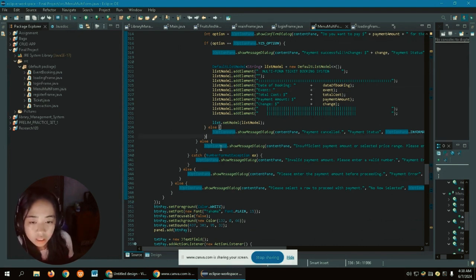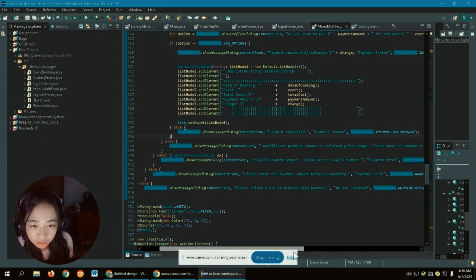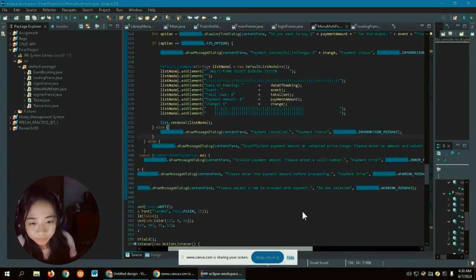And then else. So here, if the payment is cancelled, if the user chooses cancel or no, I think it will show that the payment has been cancelled.